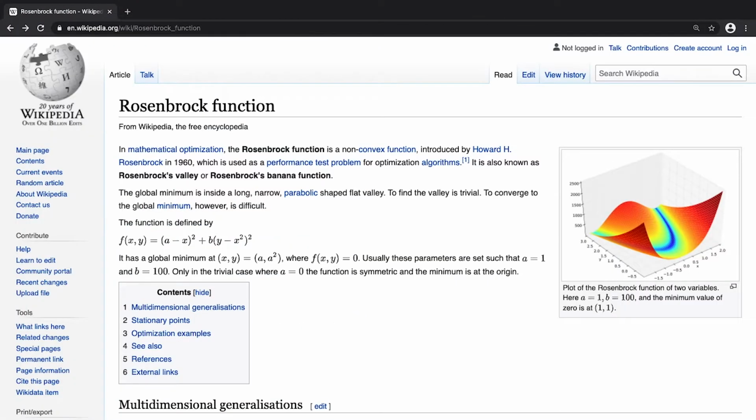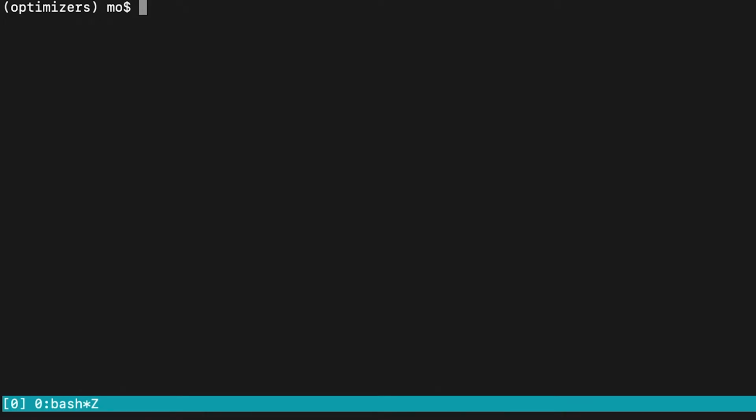Anyway, I think those are the most important things that you need to know, and let me show you an example. Before I start with the example though, let me quickly introduce the Rosenbrock function. It is a real function of two variables, and it has a unique global minimum at this point. And the reason why we want to use it is because converging to the global minimum is not that easy. I will write an example where I define a custom optimizer, and also I will try to see how this optimizer performs on the Rosenbrock function. And to do that, I will also need to write some visualization code. All right, let's get started.